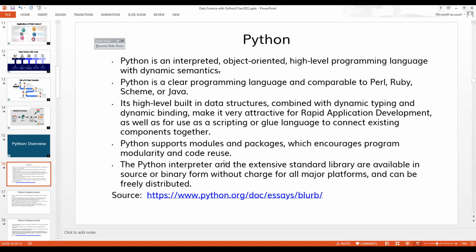No problem. And then there's something called object orientedness. There's something called procedural and there is something called object oriented. What is procedural? Procedural is basically I start walking from my home and I reach the office.